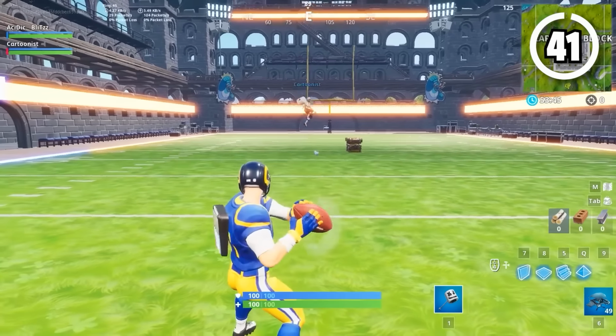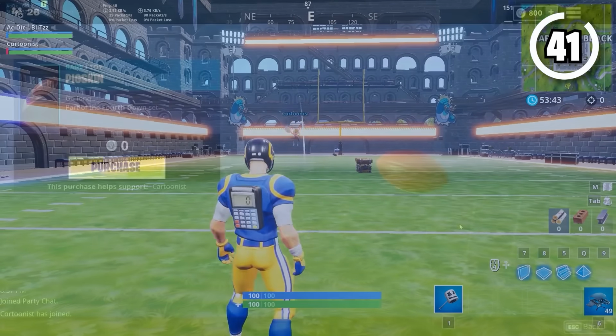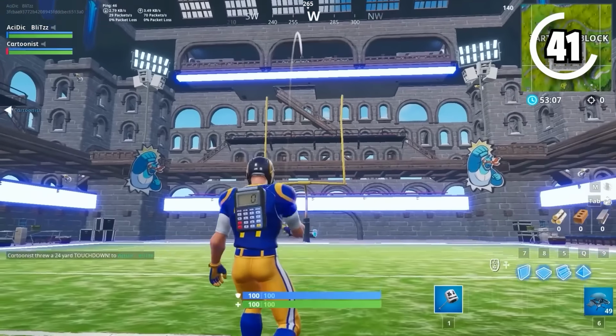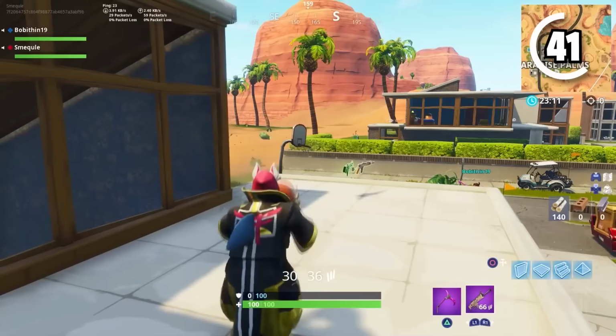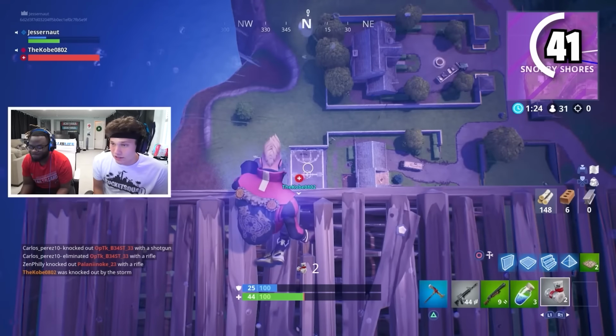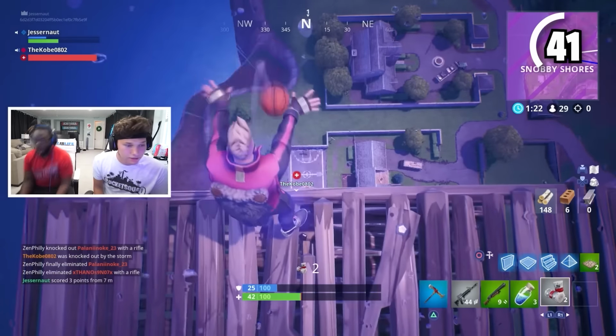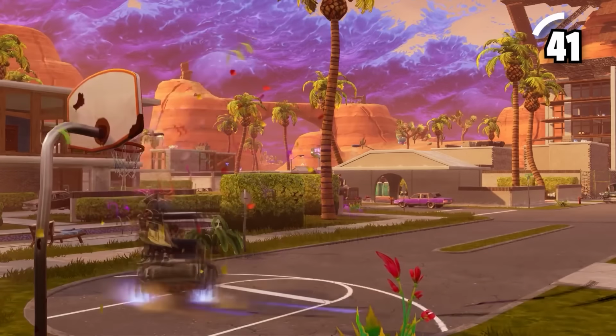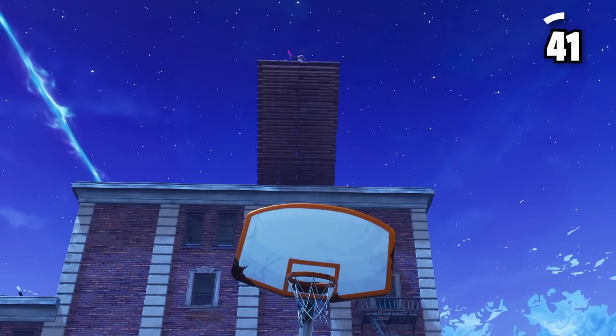OG players will also remember when Fortnite first added the toys back in Chapter 1 Season 5. People were throwing footballs, kicking soccer balls, and shooting basketballs into hoops, and Fortnite actually had features to showcase how far away you were when you scored your shot. People start going for crazy trick shots and awesome plays, and nowadays we just don't have any of that on